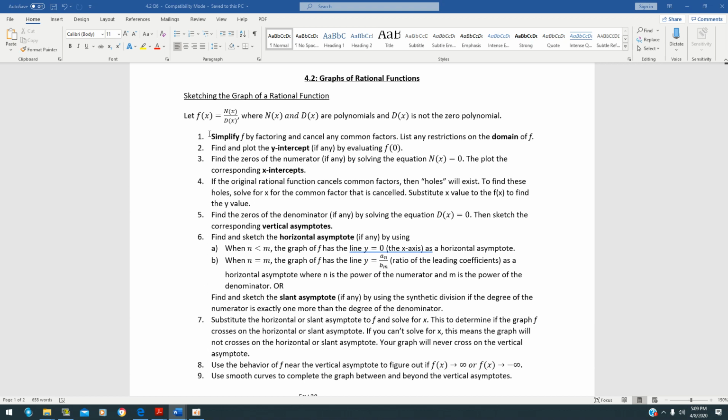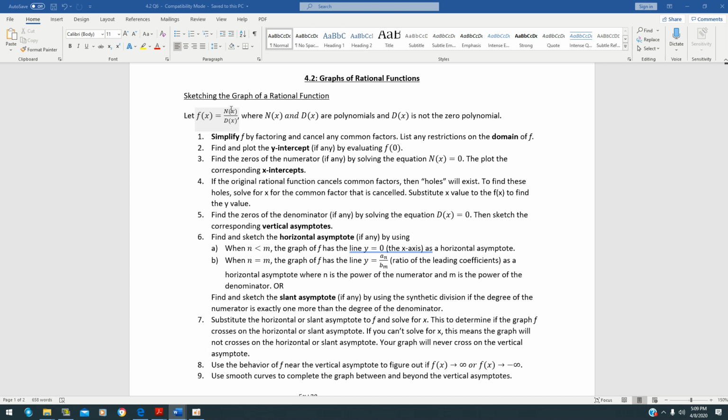functions. It actually is 1 page to 2 pages long to do it, and a lot of students struggle with this. So there are the 9 steps here. The first thing we're going to talk about is if you have a rational function, which is numerator